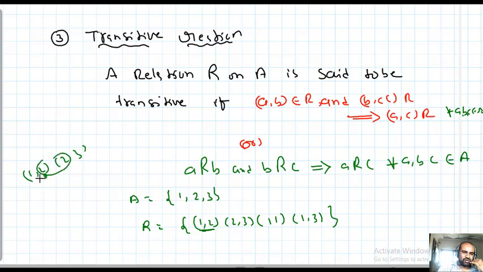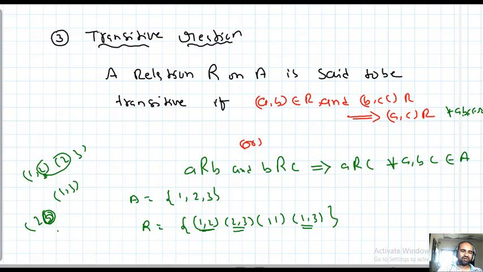So there should be a new ordered pair, that is (1, 3). Check. Yes, (1, 3) is there. Don't think that here you can't conclude that it is transitive. More ordered pairs are there, so now we need to check. (2, 3) is there. Now try to identify another ordered pair starting with 3. Not there, so no need to check.